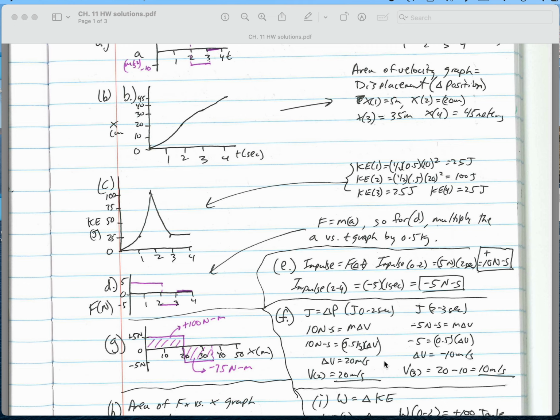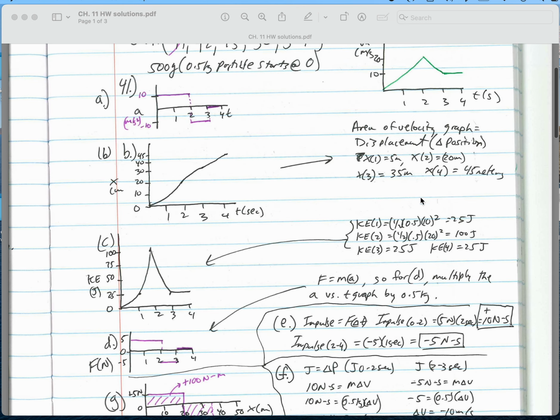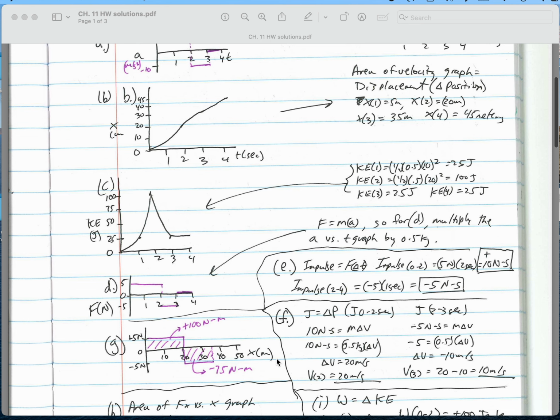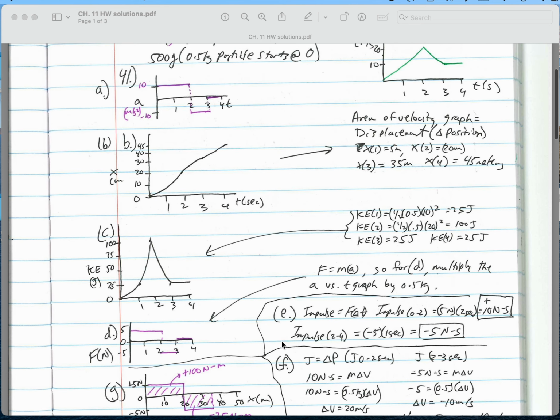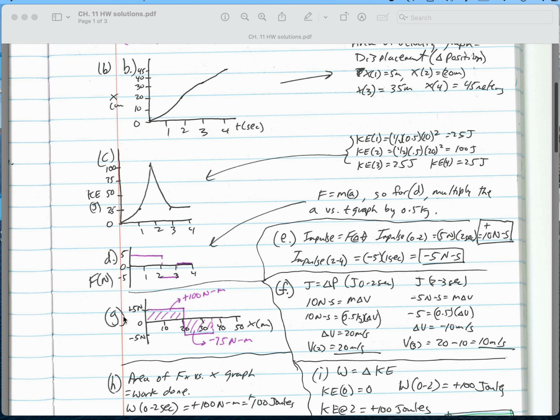The next thing is drawing a graph of force versus position. Essentially, we need to think about our maximum position, which is 45 meters, so I made this 0 to 50 meters. The force was constant for the first 2 seconds. After 2 seconds, our position was 20 meters, so I had 5 newtons times 20 meters, at 20 meters, and until we had